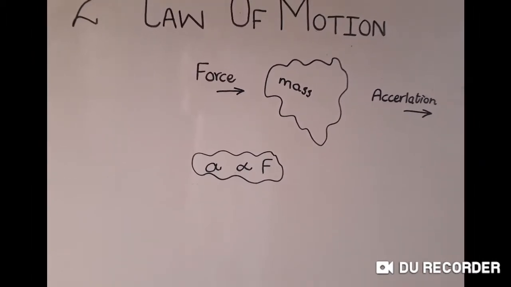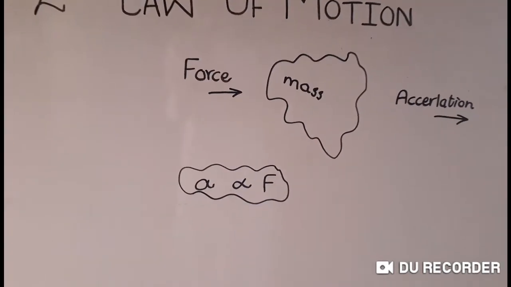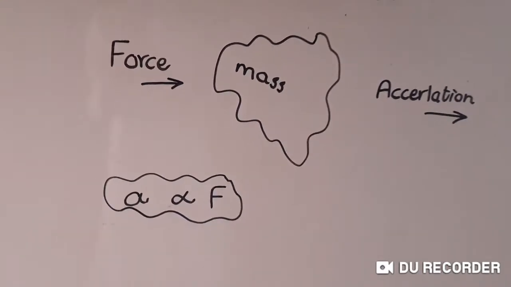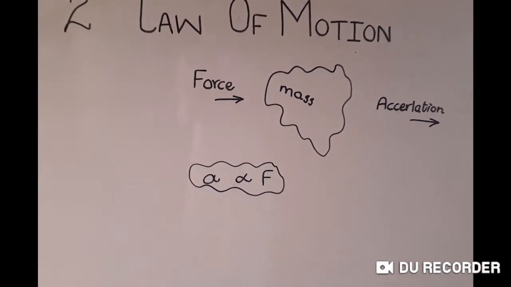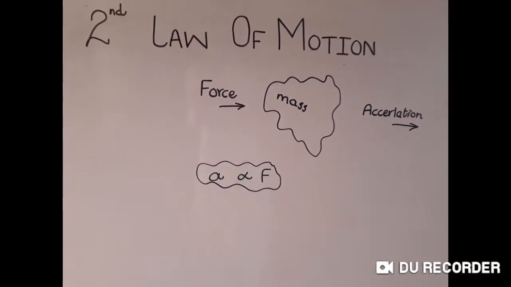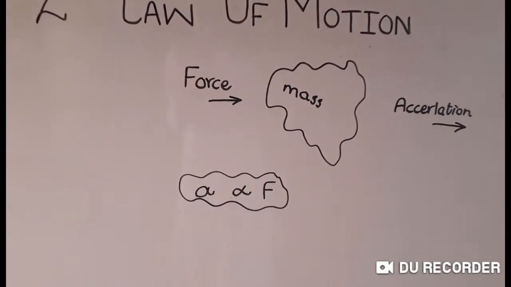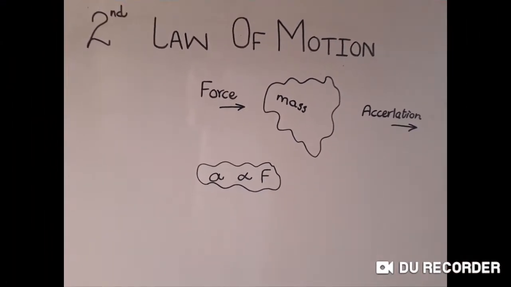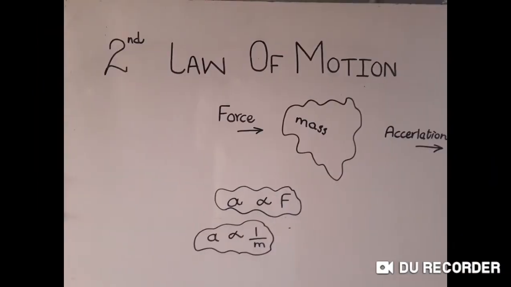Means if 5 Newton of force is acting on the body, acceleration will be produced, and if we increase the force up to 10 Newton, keeping the mass constant, the acceleration will also be doubled. If the force doubles, the acceleration doubles. If the force is halved, the acceleration will also be halved. So the first part of Newton's second law of motion states that when a net force acts on the body, it produces acceleration in the body, and the magnitude of this acceleration is directly proportional to the net force acting on the body. The second part reveals that the acceleration